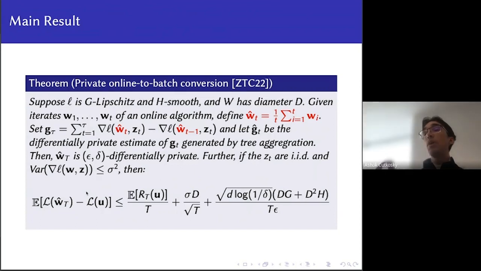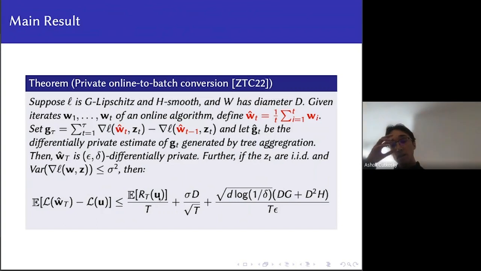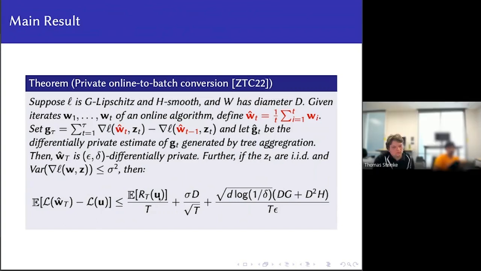Oh, so this is a black box conversion. You take any online learning algorithm and you plug it into this setting, and you'll get this SCO bound. So the regret will be a function of the online learning algorithm you use. And in a minute, we'll talk about how to instantiate this with different online learning algorithms and see how you get improved results. Okay.